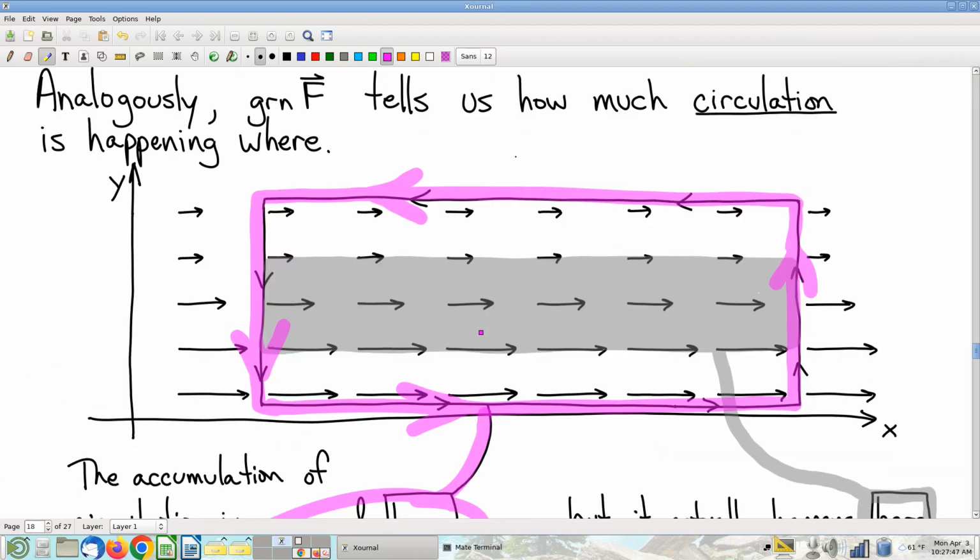But where's this circulation really happening? And I've made this pitch before and it seems sort of like hocus pocusy, that even though we compute it on the boundary, it's actually happening in the interior. We should think of it as a quantity distributed over the interior, and it kind of seems a little bit of a stretch, right? But you can really see it happening by looking at, for example, consider a little,